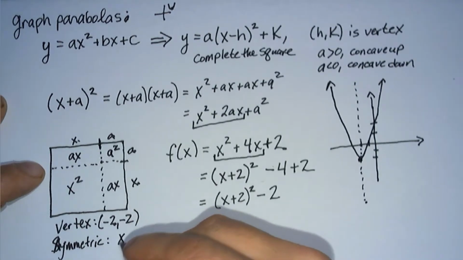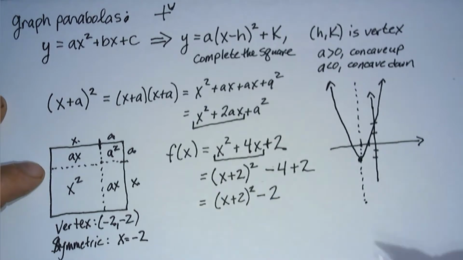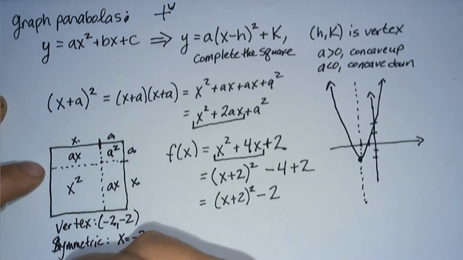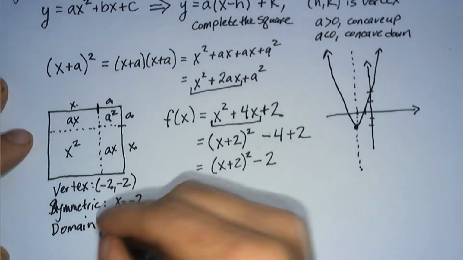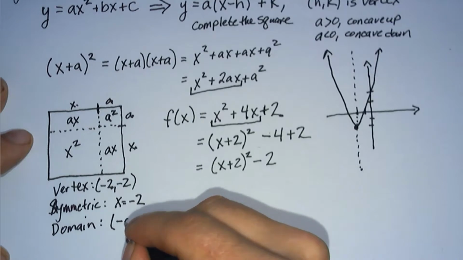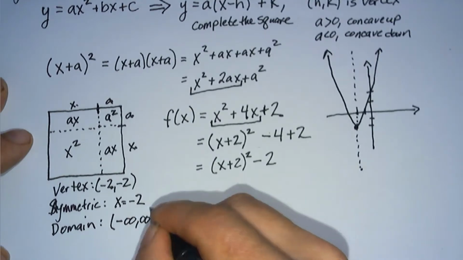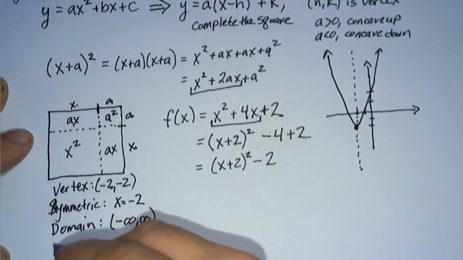Through x equals negative 2. What about the domain? Well, parabolas can always be defined on all real numbers. So the domain is always negative infinity, comma, infinity. But the range,